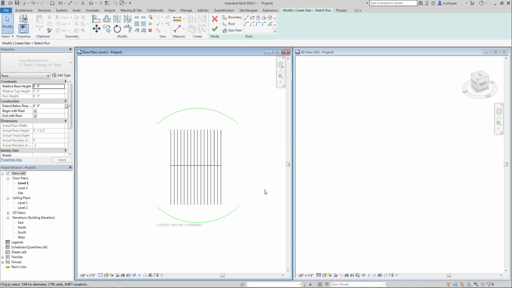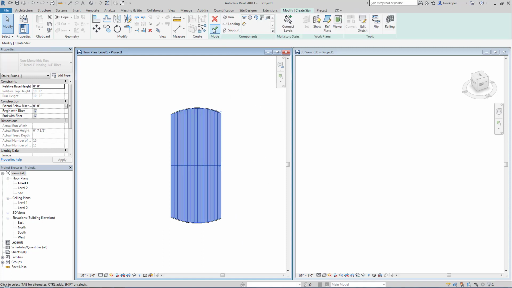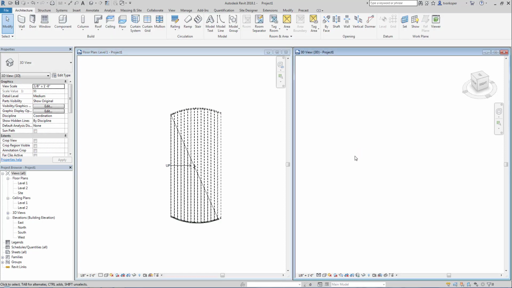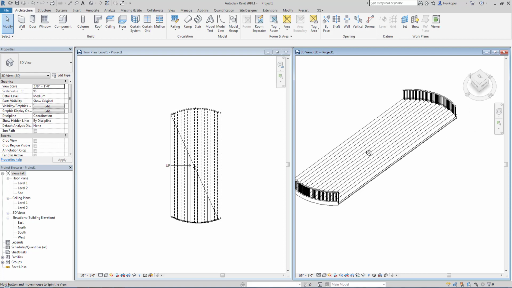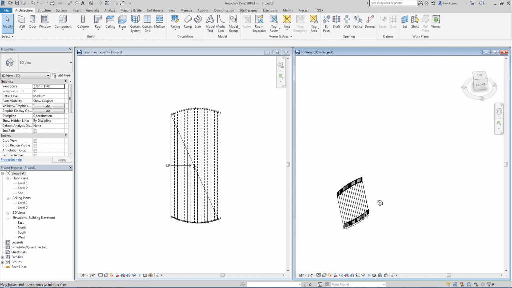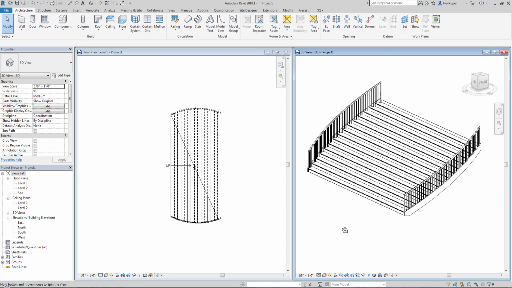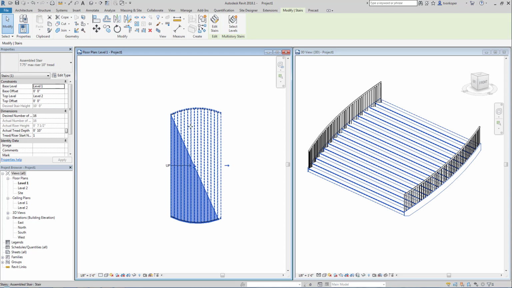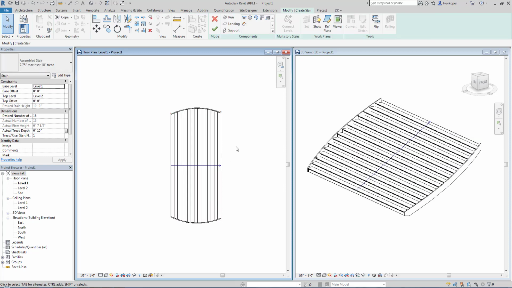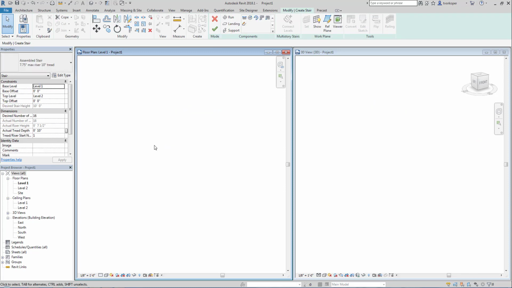If I finish sketch, you can see the stairs are created here. And you can see how powerful this can be. You can create stairs in almost any shape that you can think of. If I edit the stairs, we could change these risers,